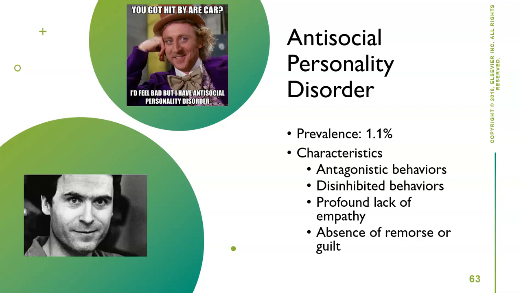But these are individuals who are deceitful. They're manipulative, and it's all for personal gain. They are hostile if their needs are blocked. They have these disinhibited behaviors, high risk taking, disregard for responsibility, impulsivity. When we talked about conduct disorder previously, if conduct disorder is not treated, they grow up to be patients with antisocial personality disorder. So conduct disorder as kids are antisocial as adults.